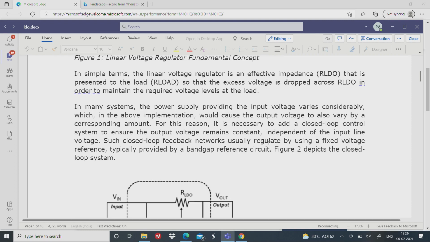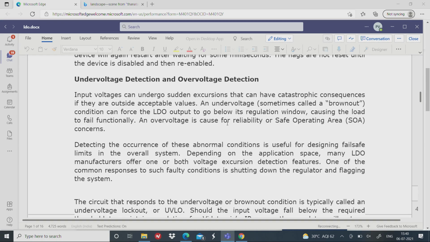So it is a beautiful closed loop system here, as you can see. Now under voltage detection and over voltage detection. Essentially, under voltage is useful because you want to avoid the brownout. For some reason the input goes very low, you do not want the output to remain at some indeterminate voltage which will energize some part of a circuitry and create a problem. So you just shut it down so that the output becomes 0, and forcibly the load also will have no access to power. So that is essentially trying to take care of the UVLO condition, under voltage lockout condition.